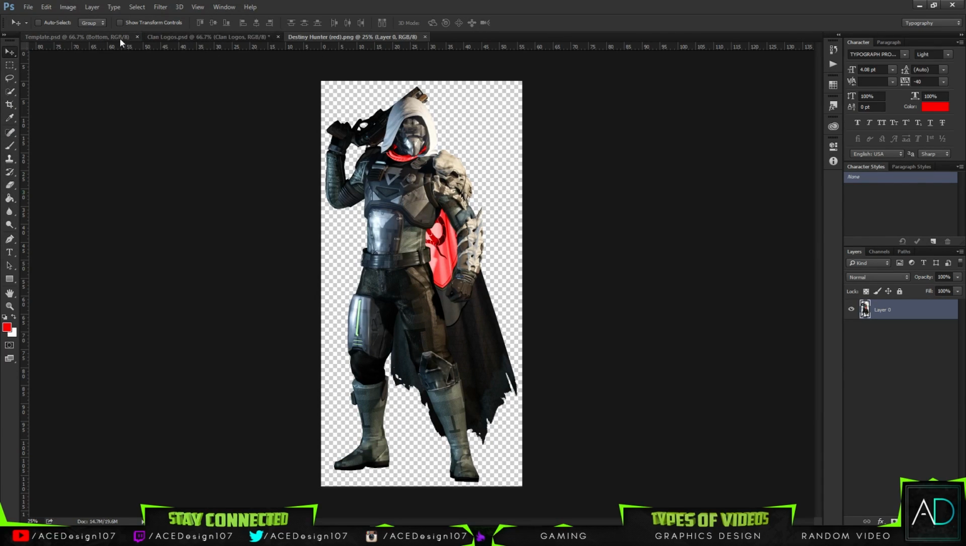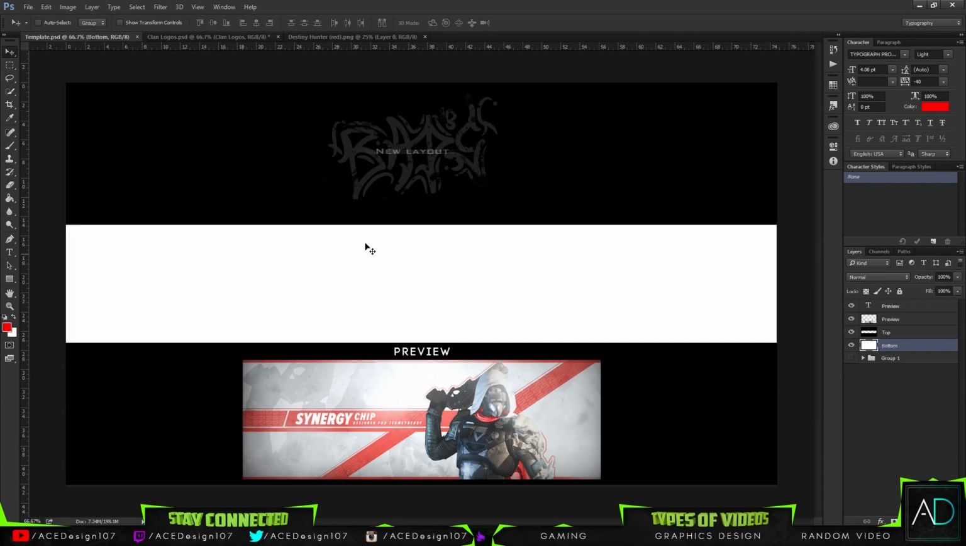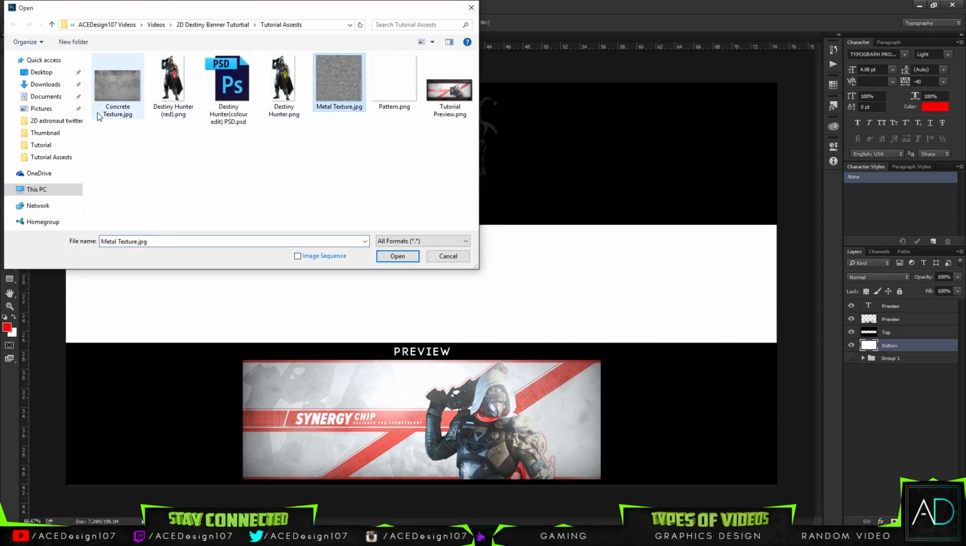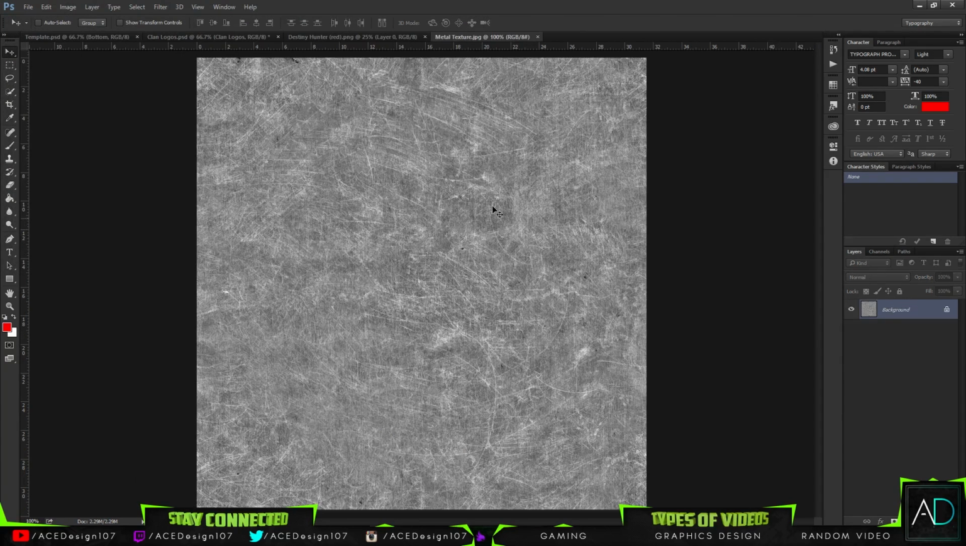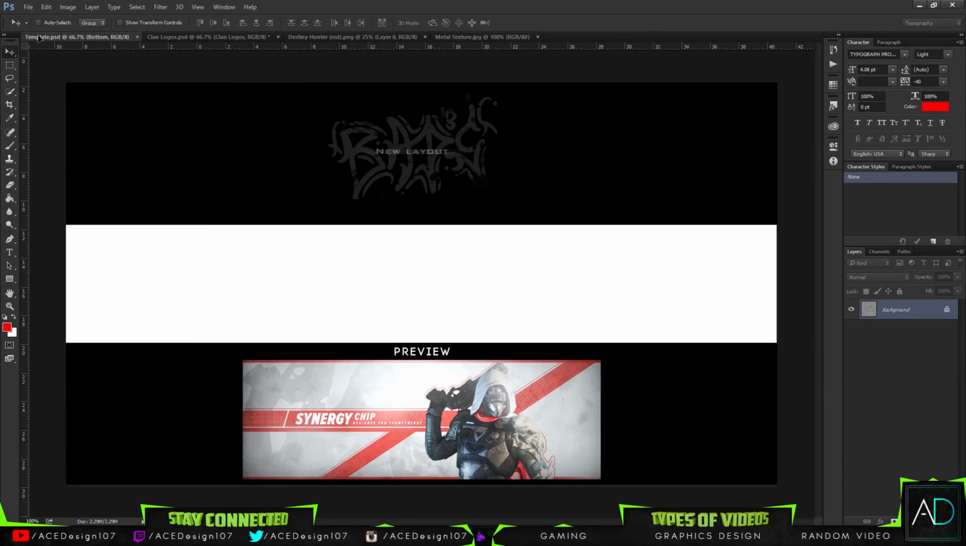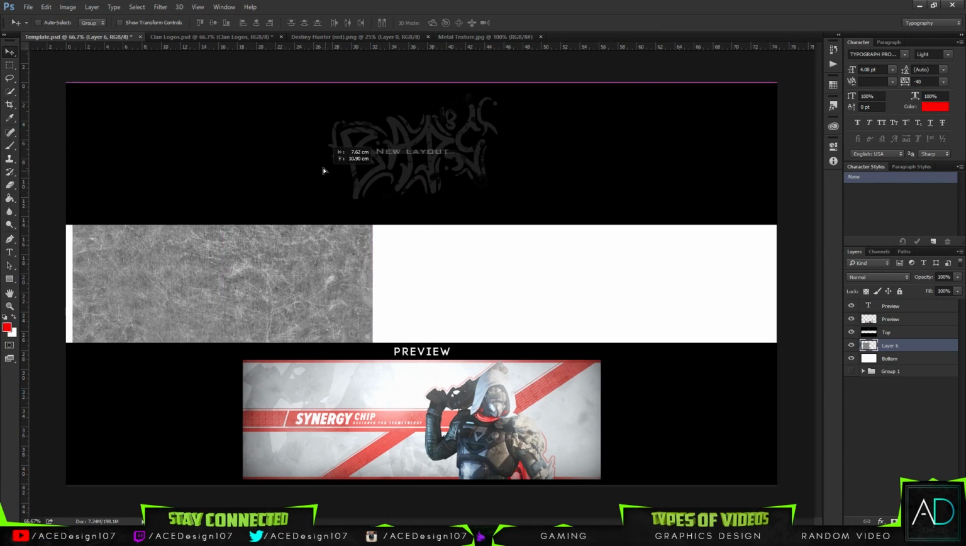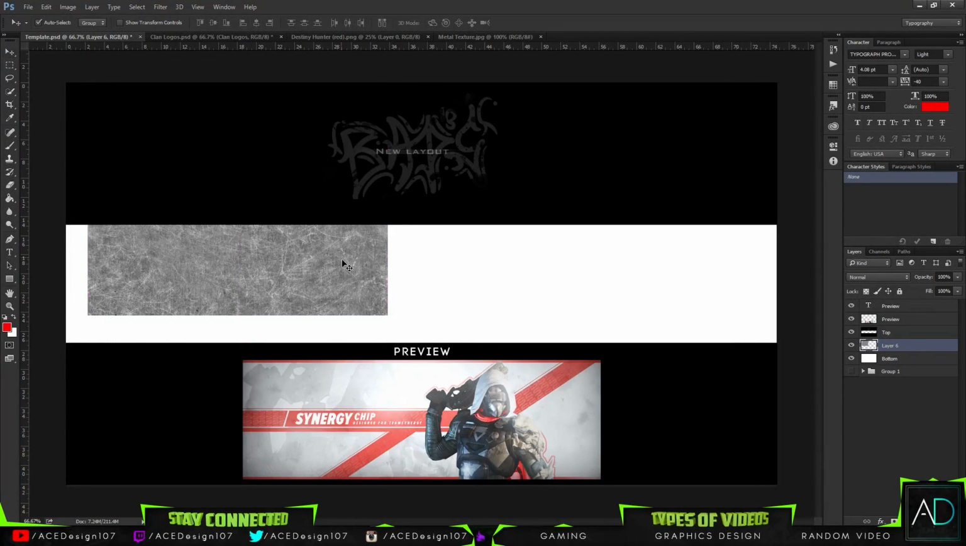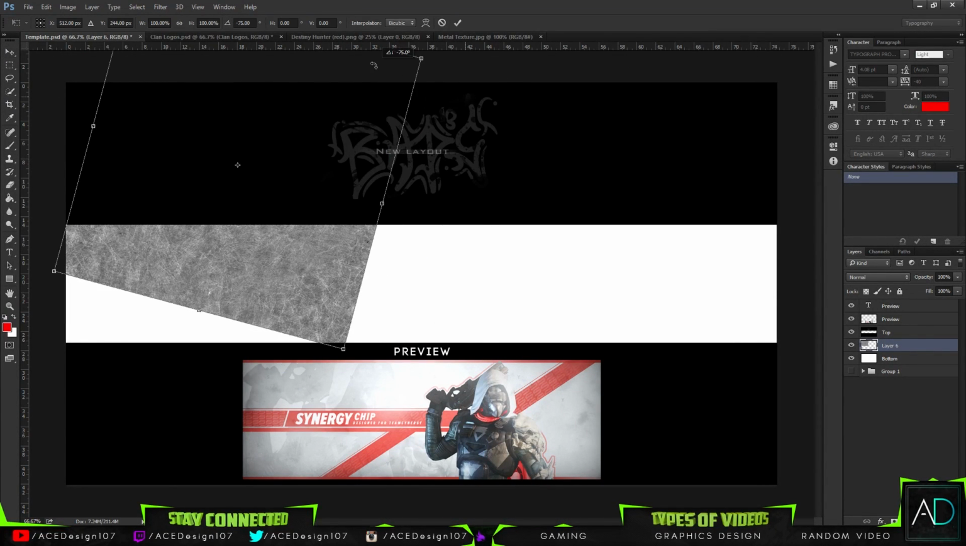And the first thing that we're going to do now for the actual banner is make a backing. So grab up the template, and we're going to go to File, Open, and open up the, I think I used the metal texture first. So you're going to open up the metal texture and drag this onto the template. And all you have to do with this one is press Ctrl T, and we're going to rotate it to